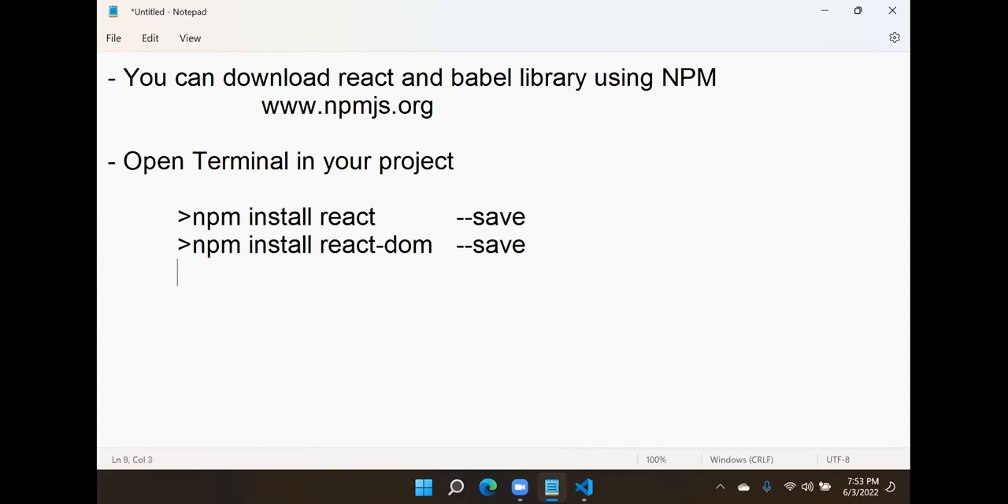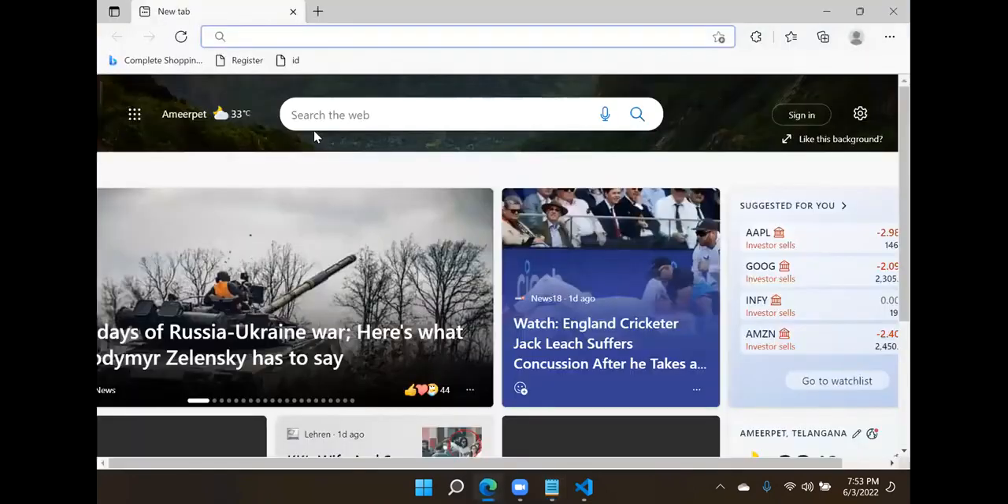Now one more library we need. What is it? Babel. Babel has a lot of things. We don't need everything. We need Babel standalone. Sometimes Babel versions keep changing, and we are not clear about which one it is. Then take help of this library,